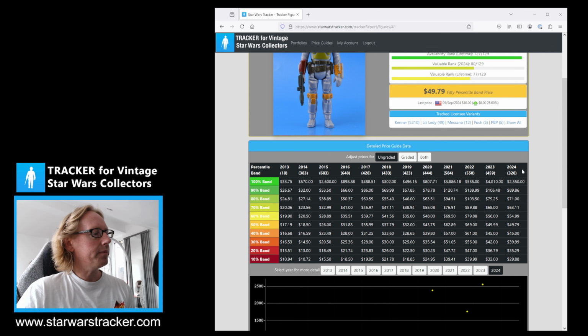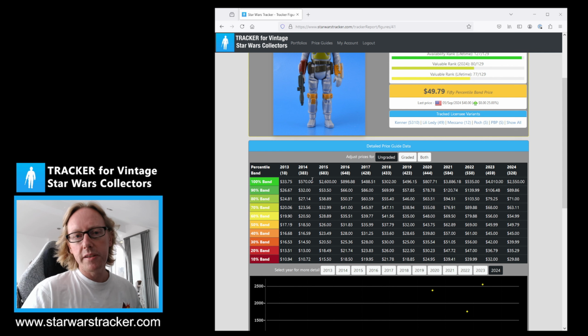So that's across the top, and then down the left hand side here we have the percentile bands. So these bands go all the way up to a 100% band and all the way down at the bottom a 10% band. So let me spend a minute or two trying to explain what this is saying. So